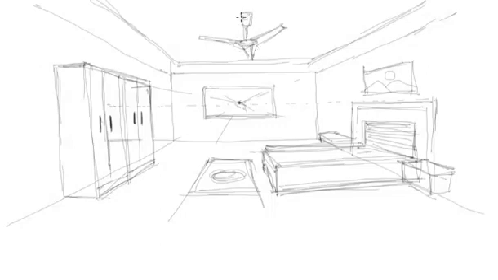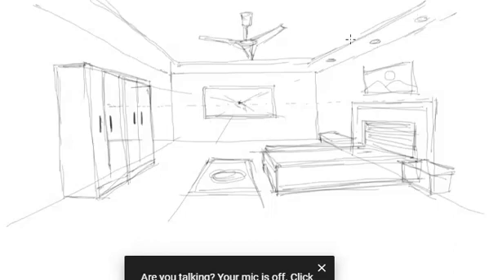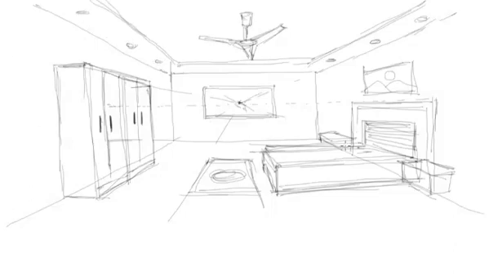So this is a ceiling fan. There are some lights here. The lights will look like ovals because it is in perspective. So you will not see a circle, but you will see ellipses. There are some concealed lights here. Okay. Then there are some curtains or whatever.